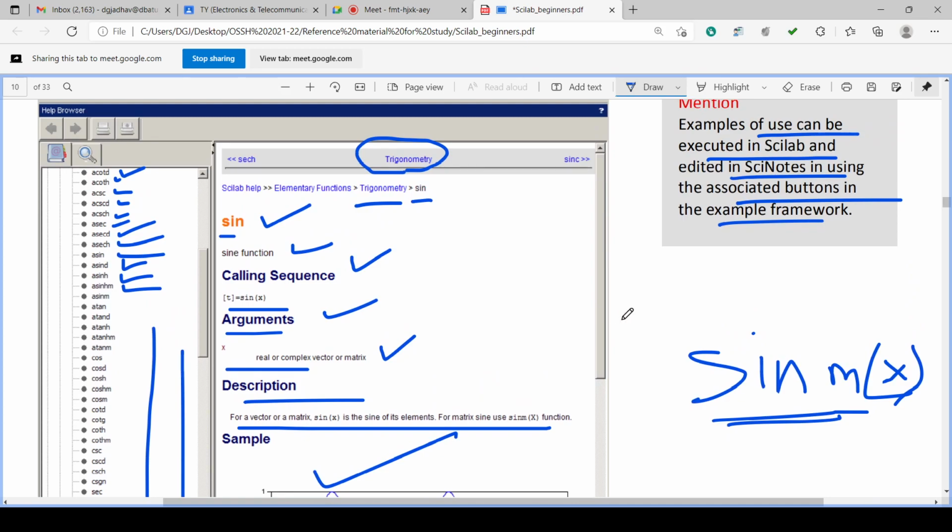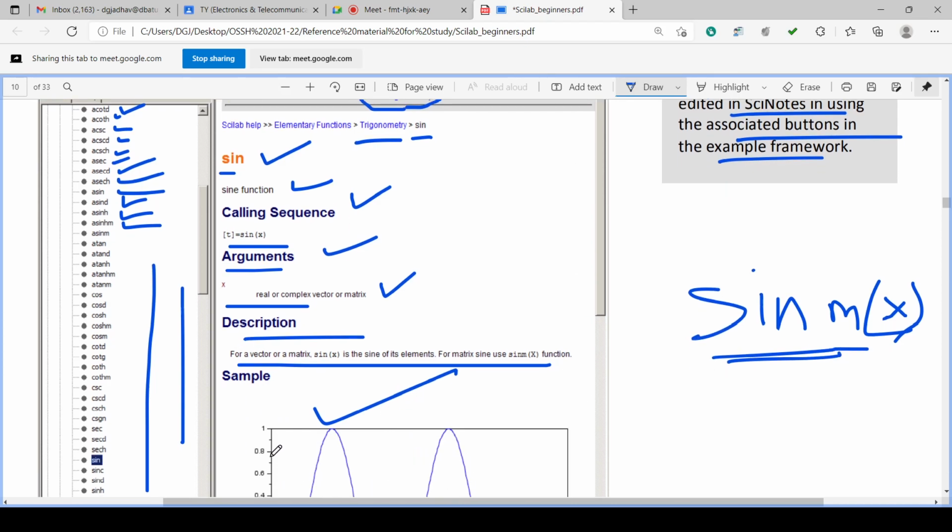There are thousands of commands. It is difficult to search by scrolling down or scrolling up. It is very easy to find by entering its name into the search menu, and you will get in this window the details regarding that particular command. So this window shows the details of the command.